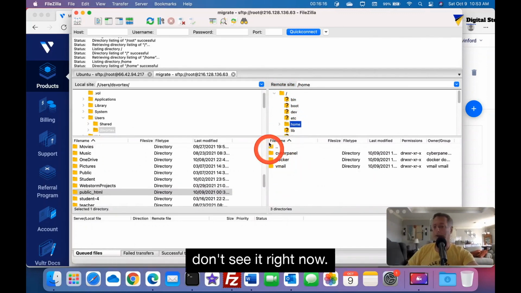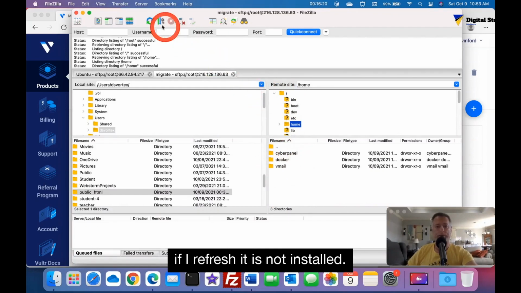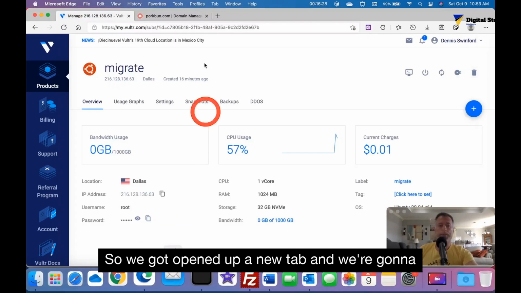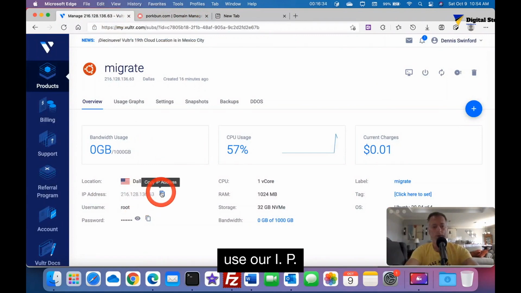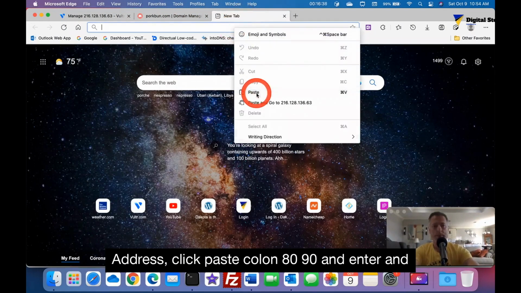Look, you still don't see it right now. Because it's not installed, even if I refresh it, it's not installed. So that tells us we need to go ahead and log into CyberPanel. We're going to open up a new tab, and we're going to use our IP address. Click, paste,